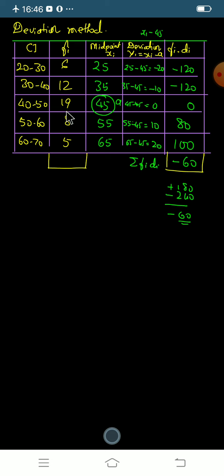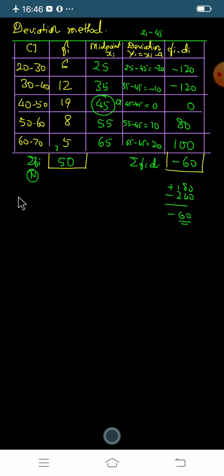Then here we have to add all these numbers to make summation Fi. Summation Fi means n also. What is the sum of all these numbers? That is 5, 13, 22, 24, 30. 3 to carry, 3, 4, 5. So 50 is the answer. 50 is summation Fi, that means the total number of frequency here.